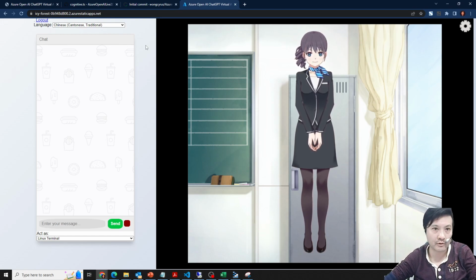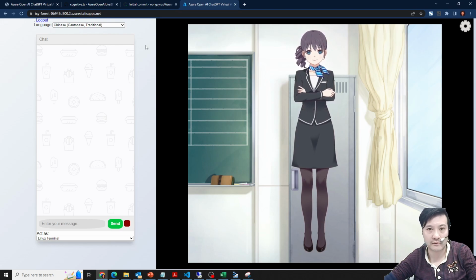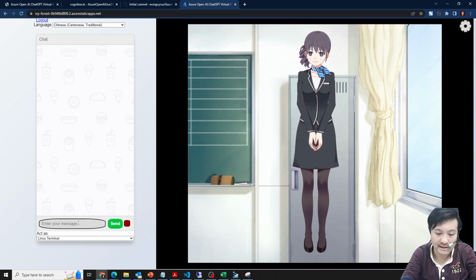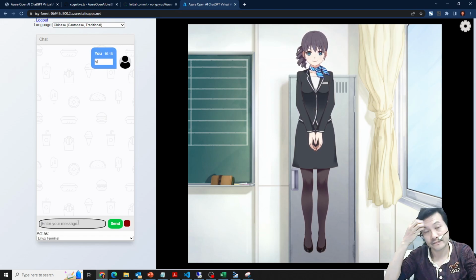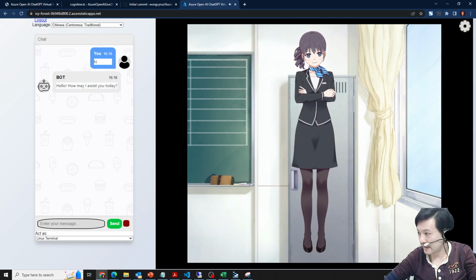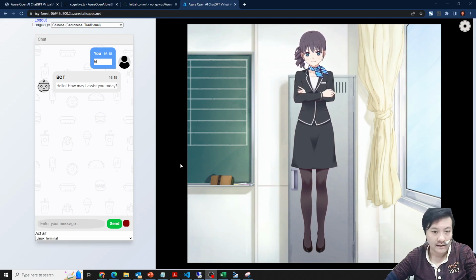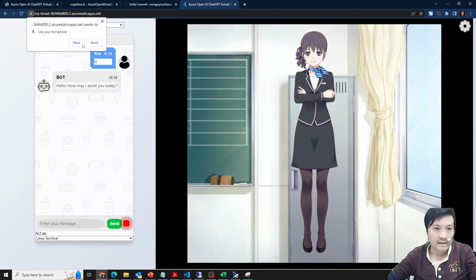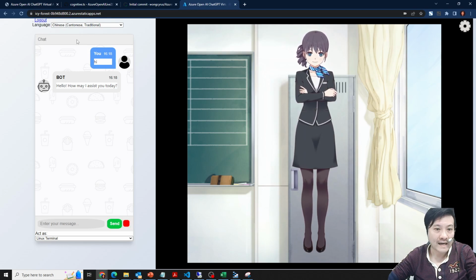since the Azure Function behind the scenes acts as a proxy for all API calls, and has additional functions. For example, here I can just say hi to her. It will reply immediately: Hello, how may I assist you today? through ChatGPT. I can speak in Cantonese as well. Allow the mic. 你好嘛